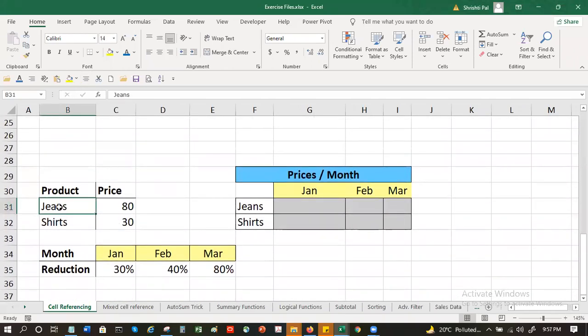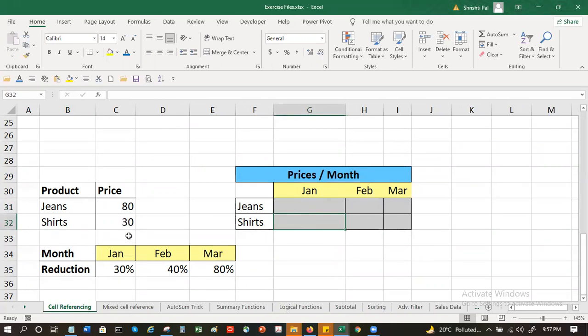Okay, there are multiple examples here. Like this one is jeans price, shirts price, and there is a monthly reduction. Accordingly, the price of the jeans in January should reduce by 30%, February by 40%, March by 80%. Similarly here, January shirts, there's a discount of 30%.